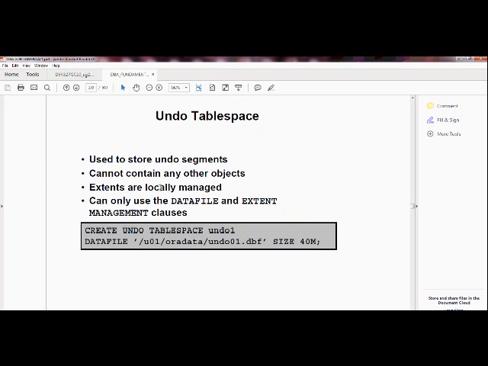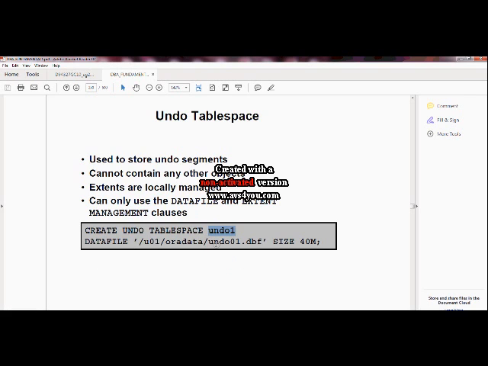Undo tablespace. Undo tablespace is something different in nature. So you have to write CREATE UNDO TABLESPACE. This would be the syntax, and the tablespace name. The rest is the same.